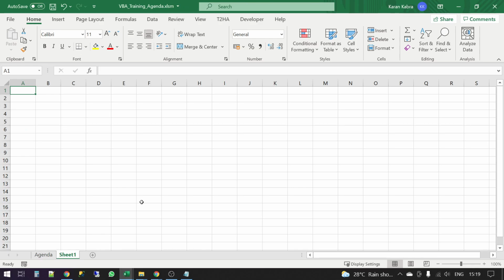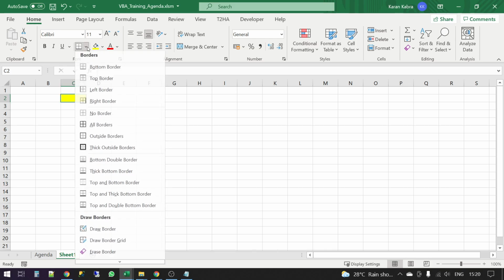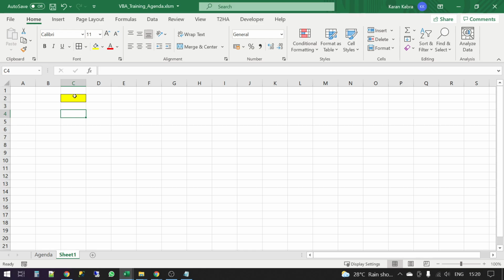So there is a very big advantage if you want to learn Excel automation. You don't have to learn every bit of syntax. You just need to understand a few basic syntax elements, and how to structure a programming logic, and that's it. Even till date, I have been coding for almost 15 years, but I have never remembered some specific things. For example, if I have to give this cell a background color of yellow, I don't know the code. If I have to put borders across it, I don't know the code. I record it and I use it in my code.